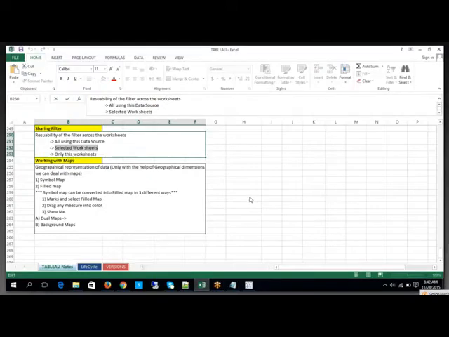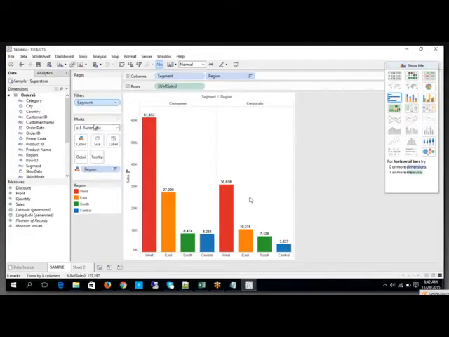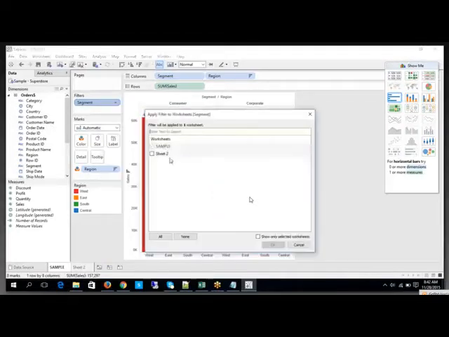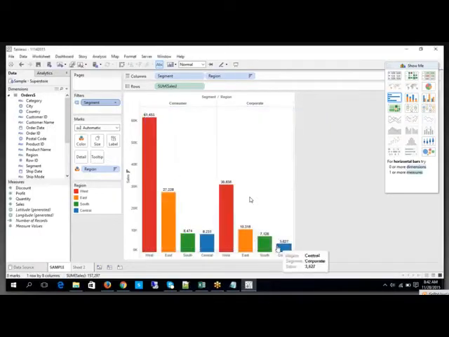So how many types of filters do we have at the sharing filter level? Again, we have three types. One is selected worksheets, which means on the specific one. Look at this: apply to worksheet. Selected worksheets means you are going to choose on which worksheet this filter is supposed to be applicable. Let's say I have selected sheet 2.